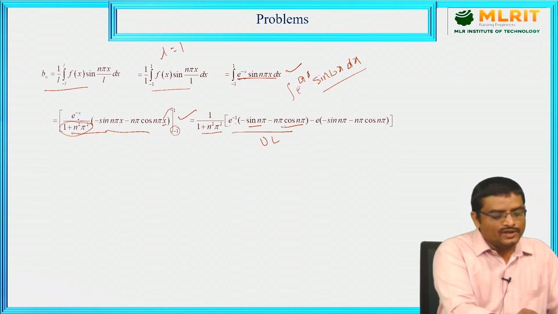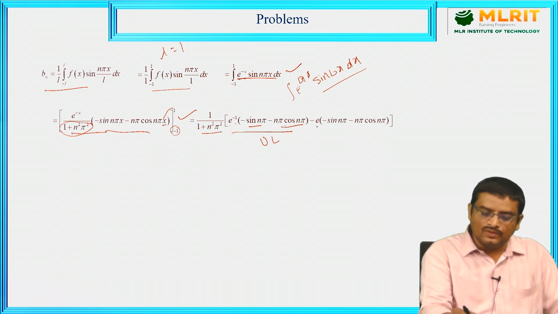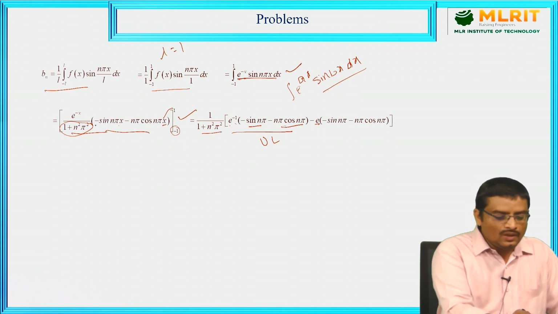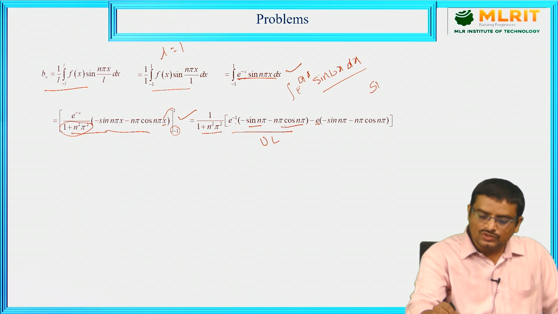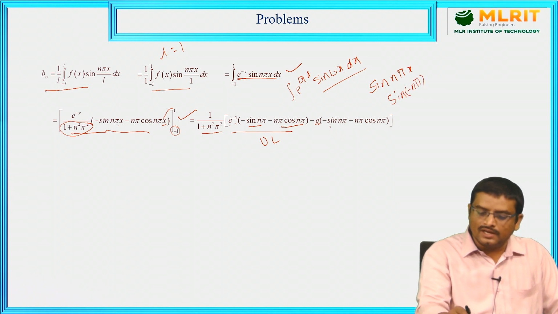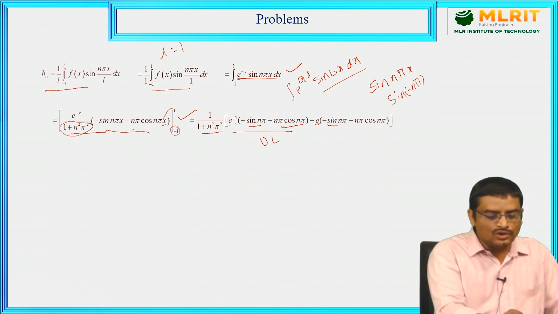So if you substitute x is equal to minus 1 here, you will get e power minus of minus 1, that is e power 1, which can be written as e. Now in sin n pi x, replace x with minus 1. You will get sin of minus n pi, that can be written as minus sin n pi, minus cos n pi into cos n pi of minus